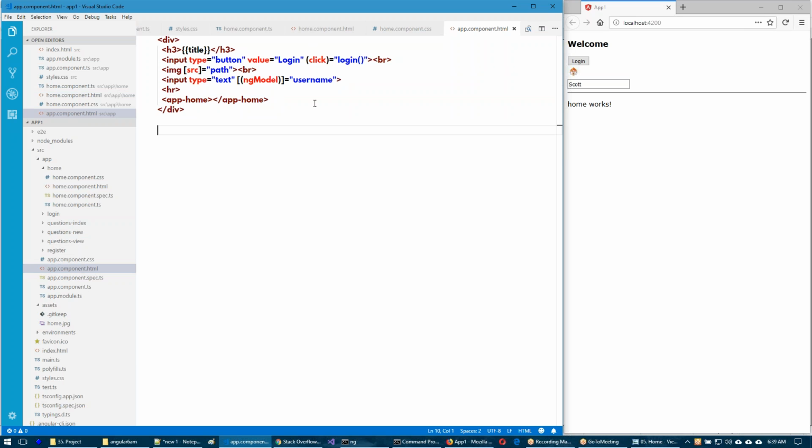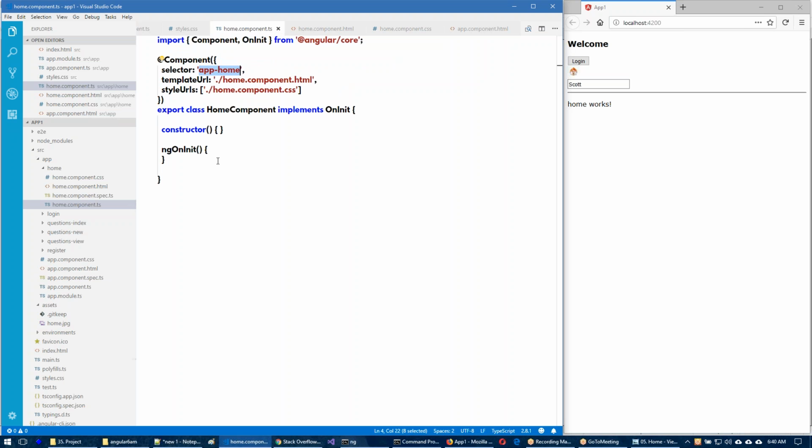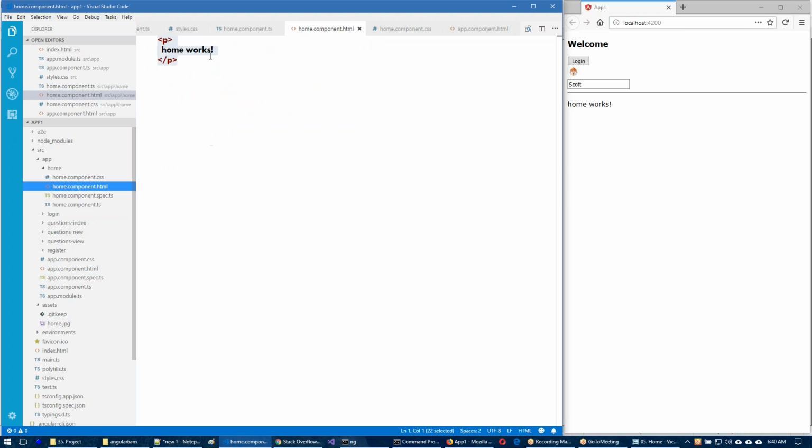The process is: first, app component execution starts. The whole page is represented as one component at the root level, that is the app component. Inside the app component, exactly in this place, when we write app-home, since it is a custom tag and not an ordinary HTML tag, it will go to the corresponding component where that selector is registered. The app-home selector is registered in which component? The home component. So it will go to this particular component, create one object for this home component automatically and internally, then immediately go to the corresponding template. So this template will be opened.